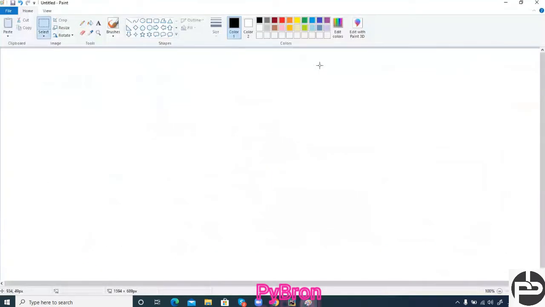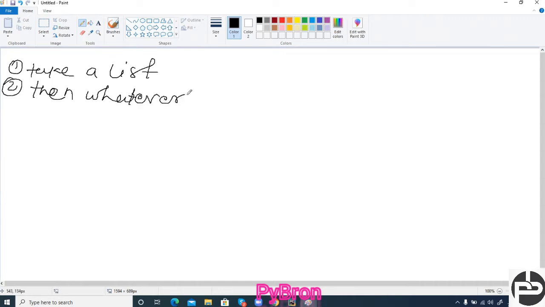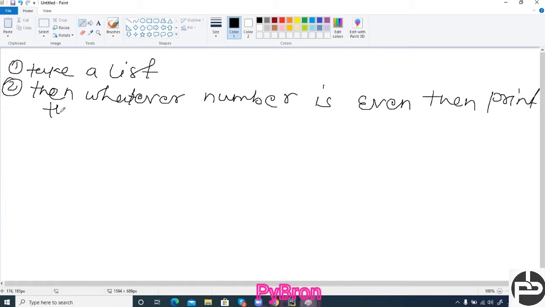Okay, third homework. Take a list. In the list ensure that all the list values should be integer or float, anything, and then whatever number is even, then print the number, and keep it inside the dictionary.